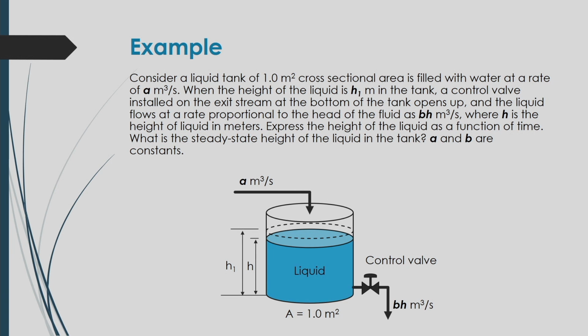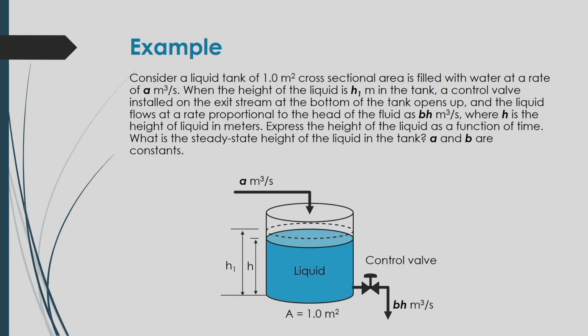Now, in this case, if suppose A is higher than this outlet flow rate of B into H, then the liquid level will increase, and again if suppose the outlet flow rate is greater than that input flow rate, what will happen, the liquid level will decrease